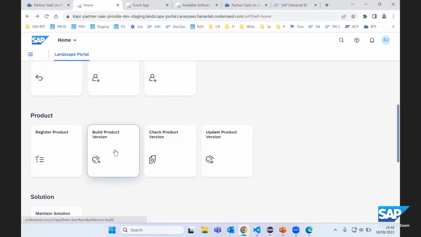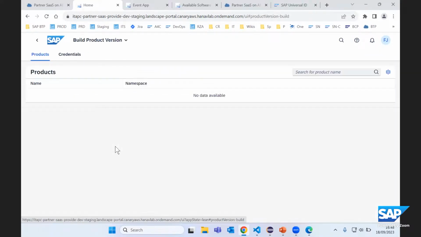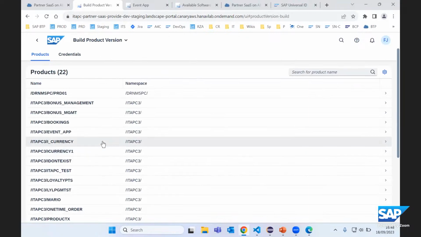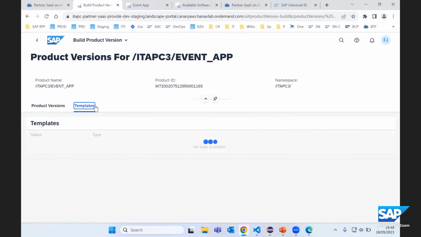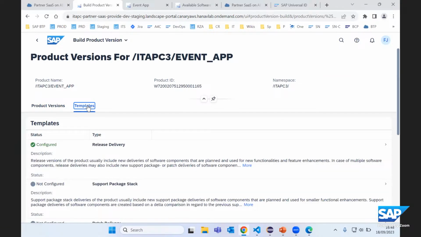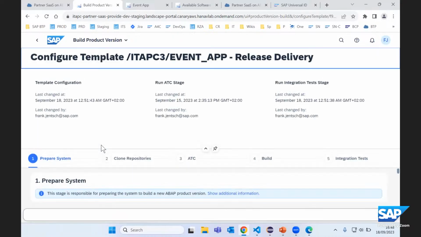The more interesting part is the build product version. So here in that app, which is a wizard, here you can specify the templates. So if you want to create a new version, so a release delivery, and this is what we want to do, here you can go through this wizard and provide the respective